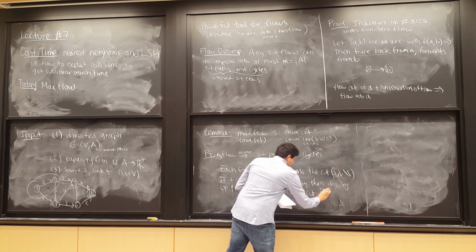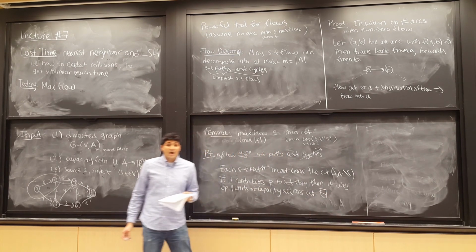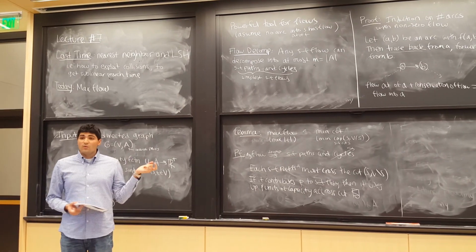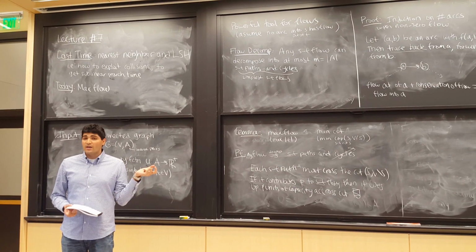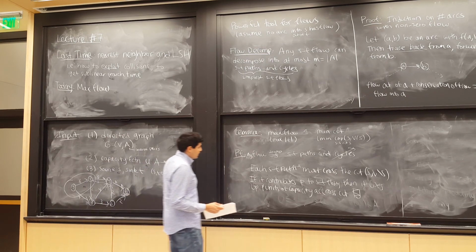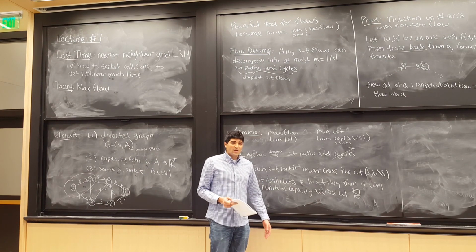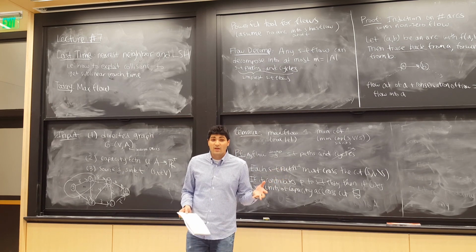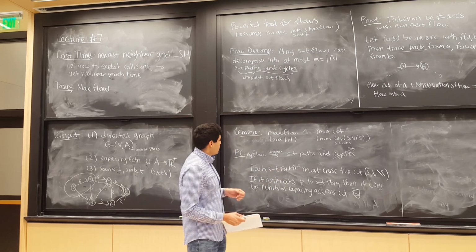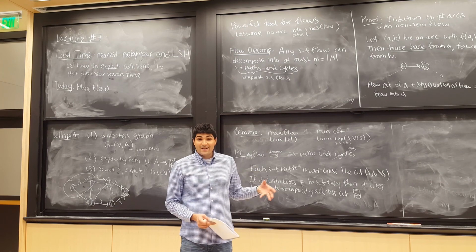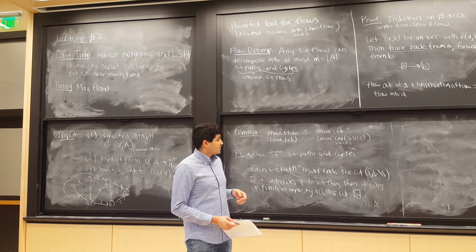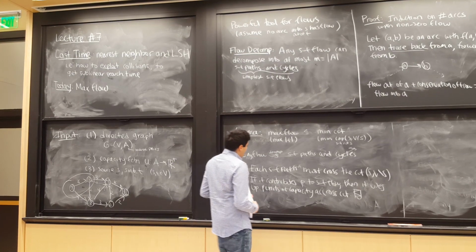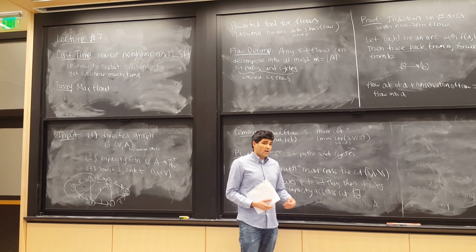So that's actually the end of the proof for the upper bound, right? Because if the flow was larger than the min cut, then lo and behold, each one of these ST paths is going to consume more capacity than we have available crossing the cut to begin with. So what's really going on under the hood here is weak duality for LPs. So we're going to see this type of argument show up again and again, but in much